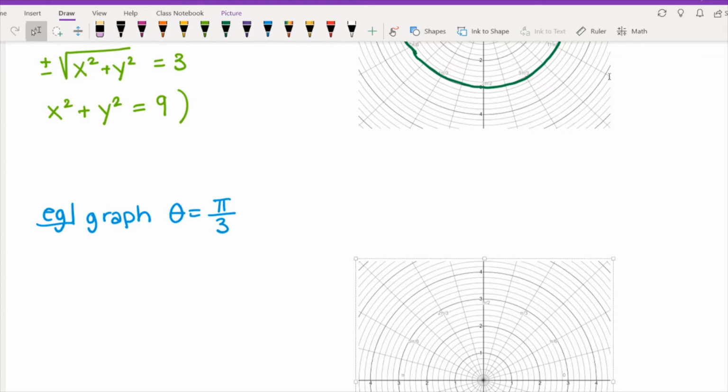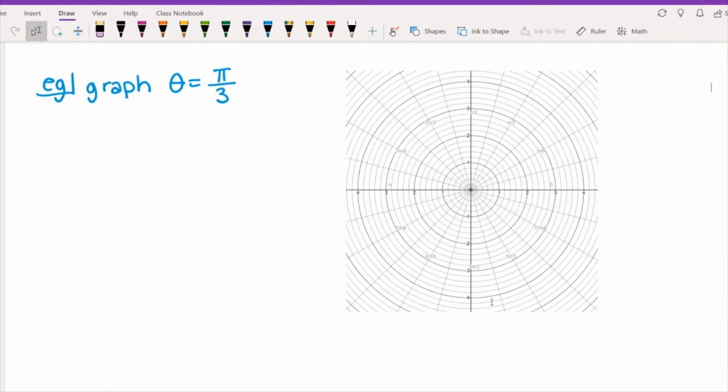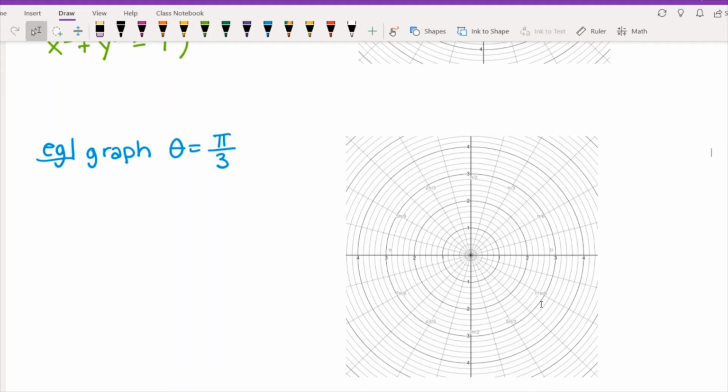So what is this telling us? This is telling us that it doesn't matter what the radius is. It doesn't matter what r is. R can be anything, but the angle is always going to be pi over 3. And so that means that we're going to have a line at an angle of pi over 3, and it's